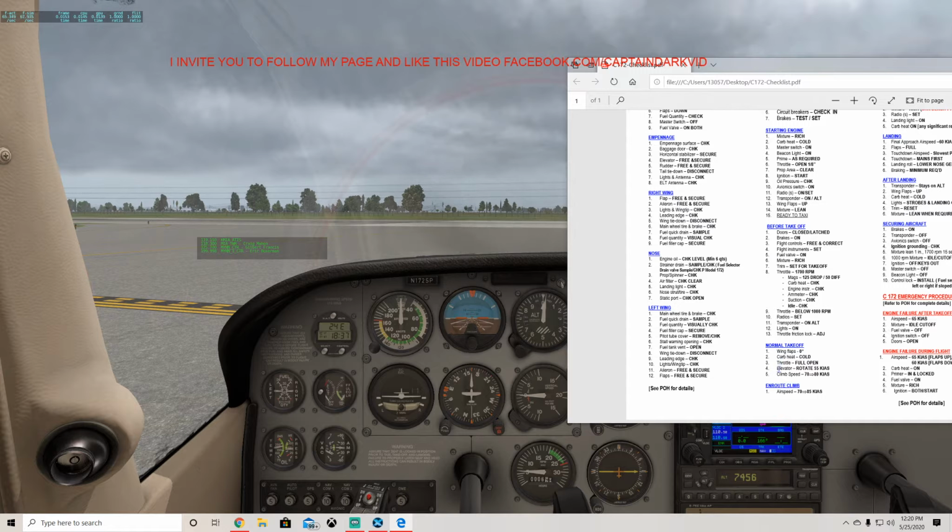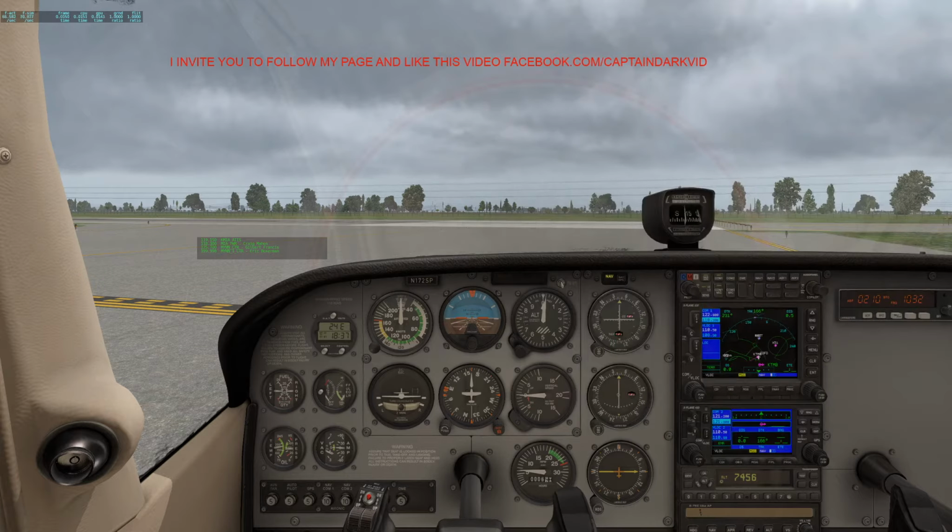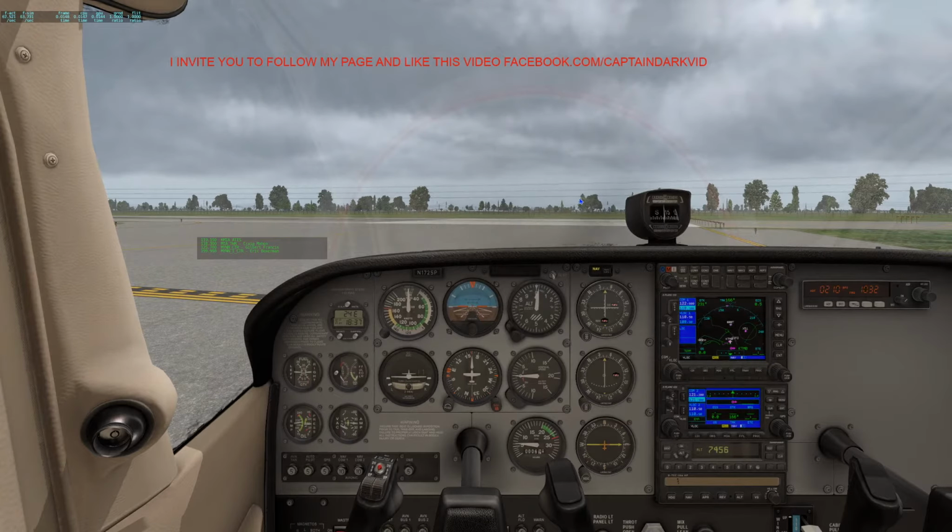Throttle full open, elevator rotates at 55 knots and climb speed between 70 and 80 knots. So I remember that when I was in flight school, it was at 79 knots, the one I had to maintain in order to get the perfect speed for climbing. So now that I'm here, let me make sure I have